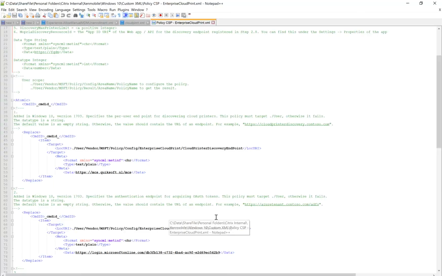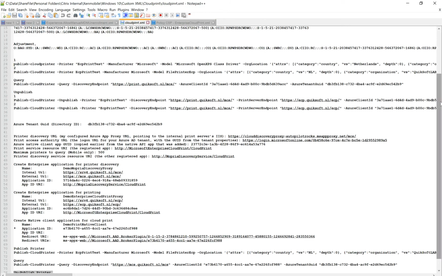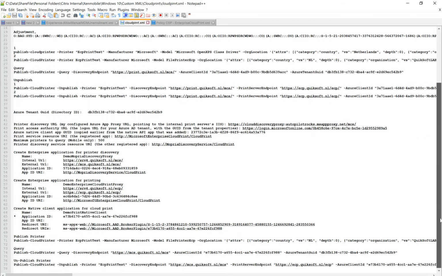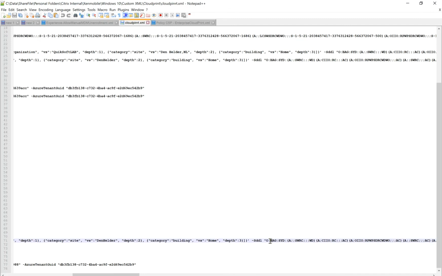I have it here somewhere. So what you need to do is on the Windows 10 machine where the printer is installed, you have to run this command: get printer blah blah blah blah, and then you get this result. This result, where it is, it's in that string, plus this O.B needs to be added to the SDDL,